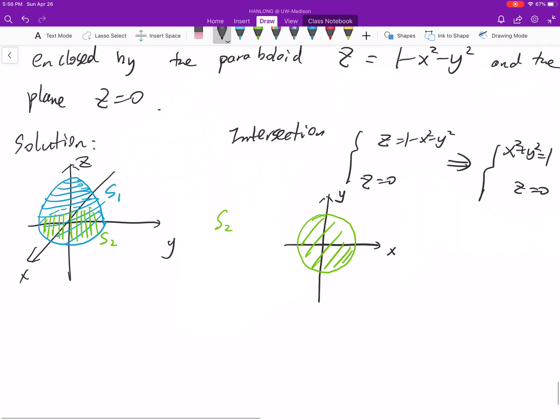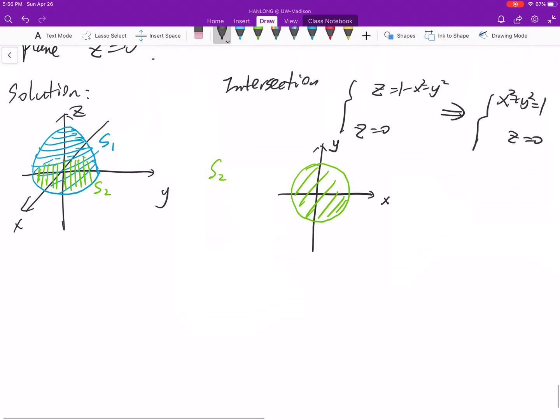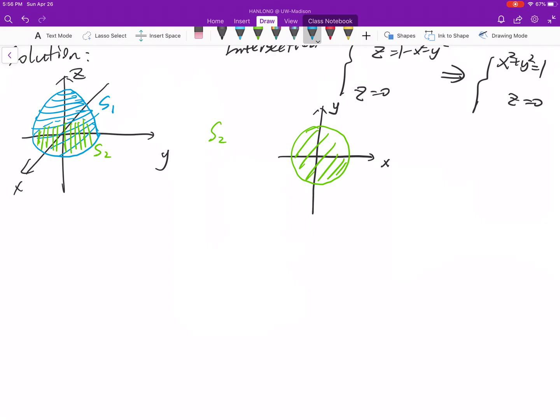Okay, and then we can compute. Let's first parameterize both surfaces, and then we give orientation, then we do calculation. Because the orientation should be given globally, if you decide the orientation for S2, you cannot choose the orientation for S1 freely. So we'd better first decide the orientation and then narrow down to small portions of the whole surface. Okay, so for S1, we do have the parameterization because it's a graph now, so you can choose the parameterization